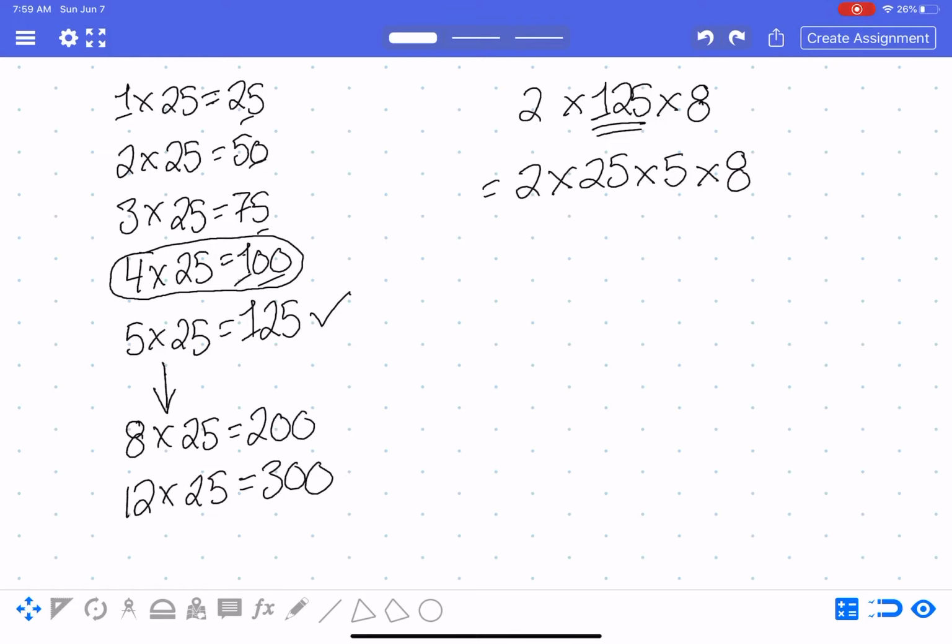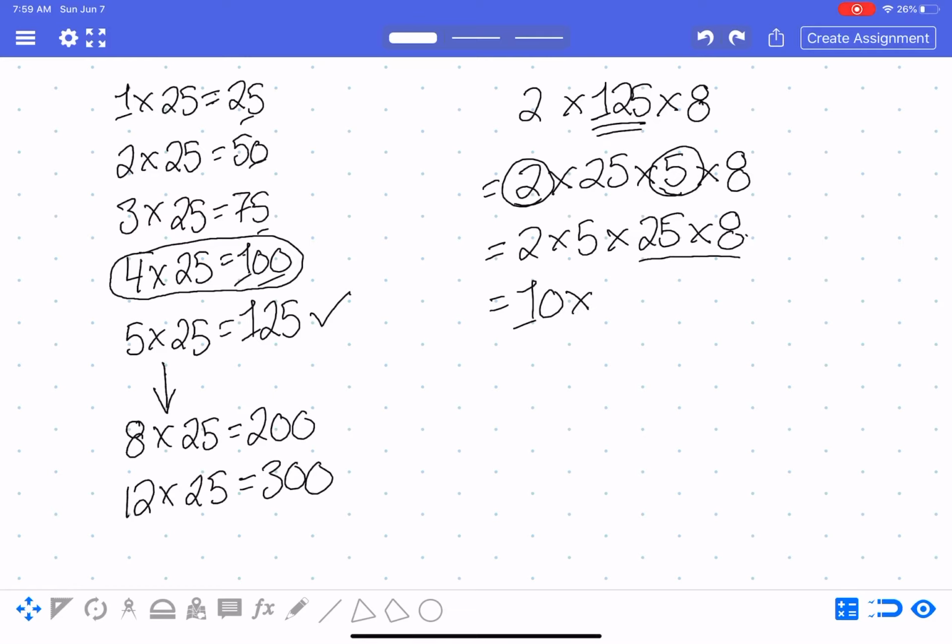Then I could say, oh, I could use my commutative property again, because if I move numbers around, I see a friendly number. So it's 2 times 5. Okay, these two numbers, because they'll make 10, right? And times 25 and times 8. Okay, so this would equal 10. And this here, now that creates a little bit of a problem because, well, 8 times 25, well, actually,